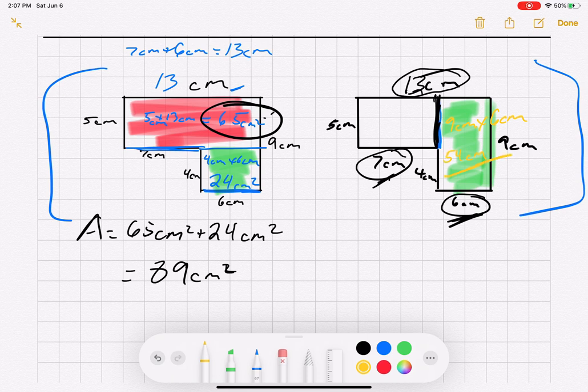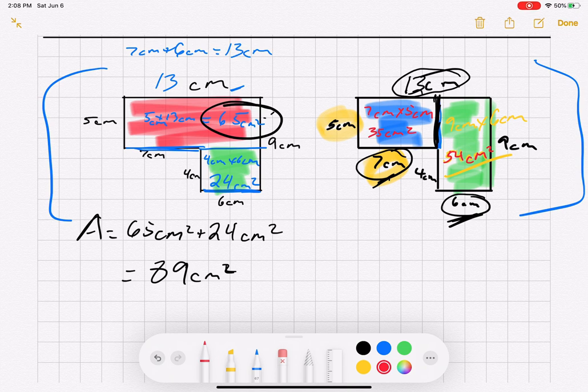54 centimeters. Hopefully I'm going to change that color. 54 centimeters there, and that's squared. Okay, and now I have my happy little blue shape here, and I'm going to calculate that, which is going to be 5 and 7. So multiplied 7 centimeters by 5 centimeters, which would be